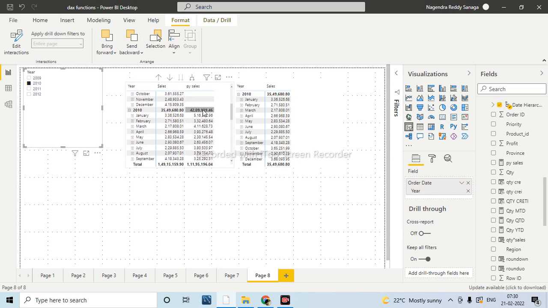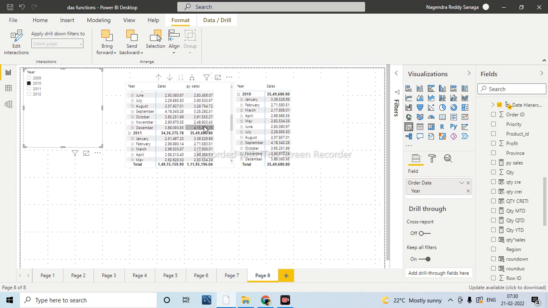When I select 2010 here and exclude this filter, it will not change. When we are in 2010, these two tables are the same, but this previous sales value is coming from 2009.